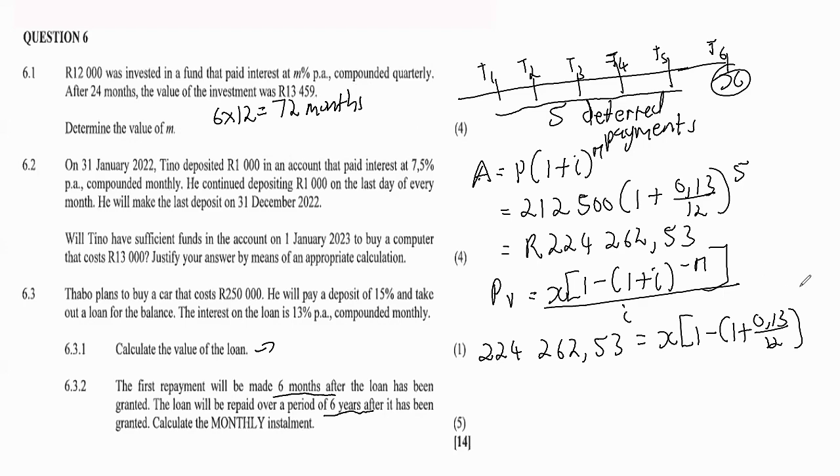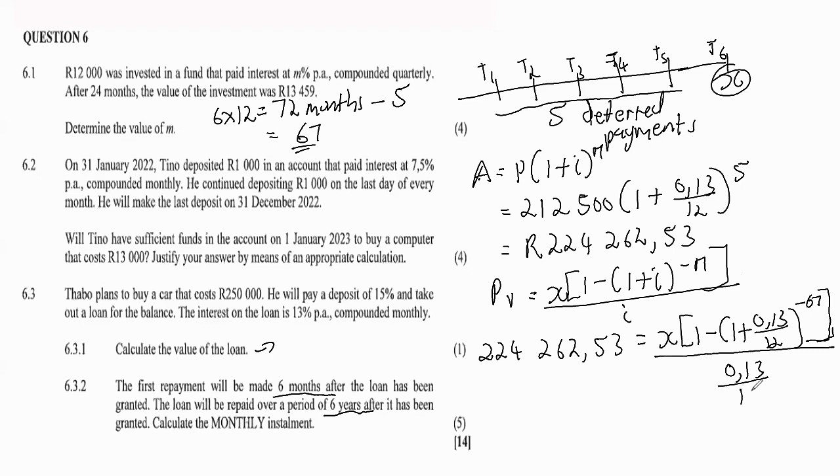But then you would be wrong to come here and put 72. Why? Because remember, he did not make any payments for the first 5 months. So already he has paid the penalty for that by virtue of the value of the loan being increased like that. So he is only left with 67 months by the time he starts making those monthly deposits. So you need to then say 72 minus the 5 deferred payments there. Then you are left with 67. So we're going to have negative 67 here, and then close your bigger bracket like that